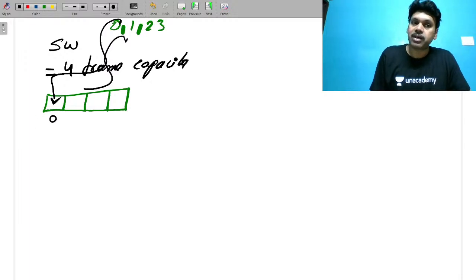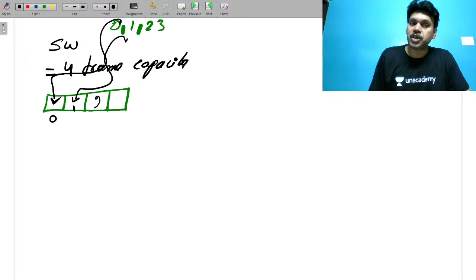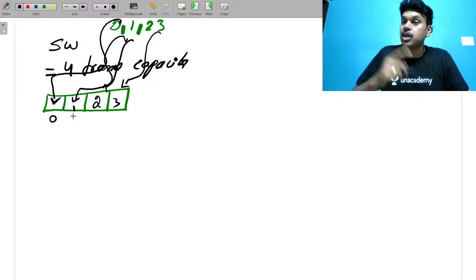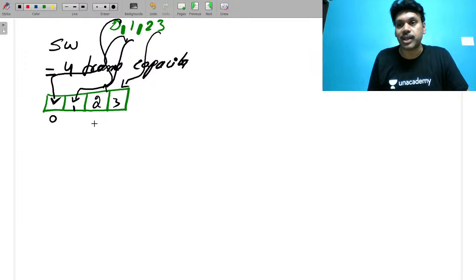Then after that, 1 is filled, so your window shrinks to 2. Then after that, 2 is filled. Then after 3 is filled, there is no room. You have to get an acknowledgement to insert one more frame into your window. So now your window is completely squeezed.